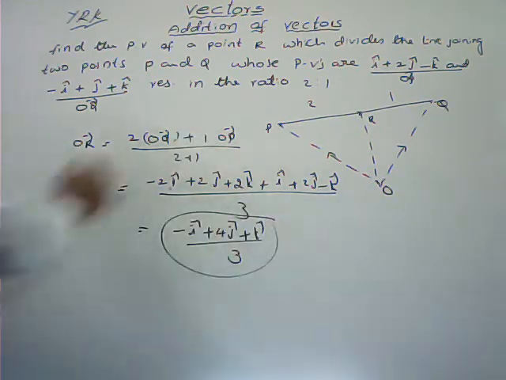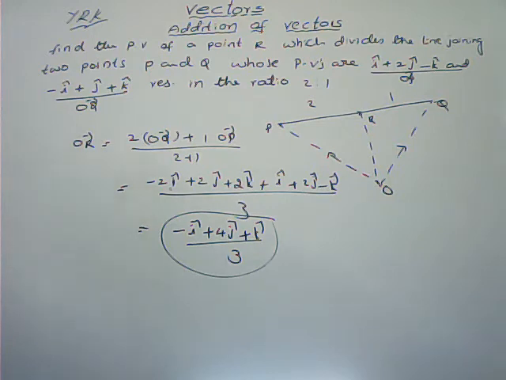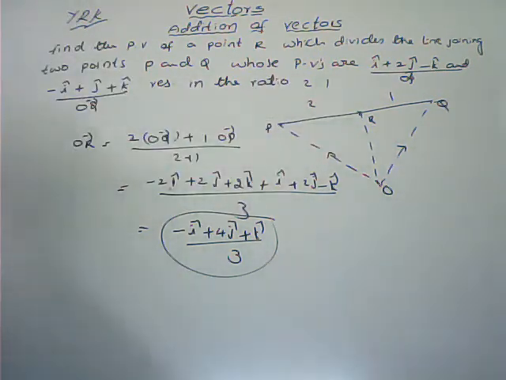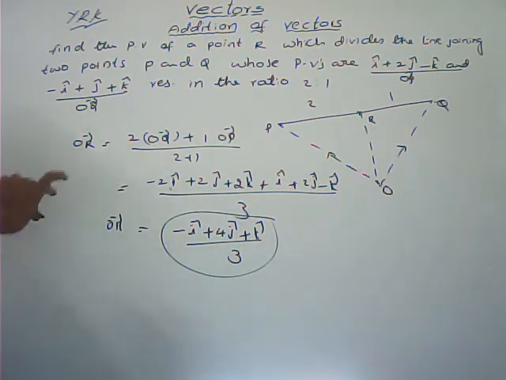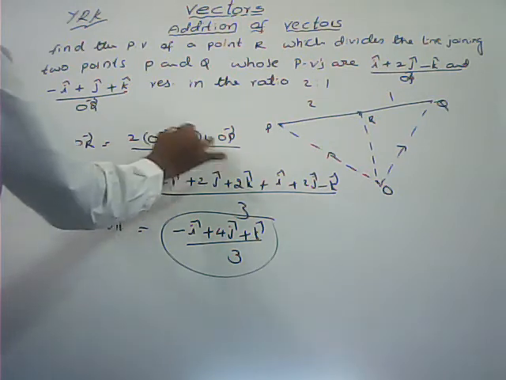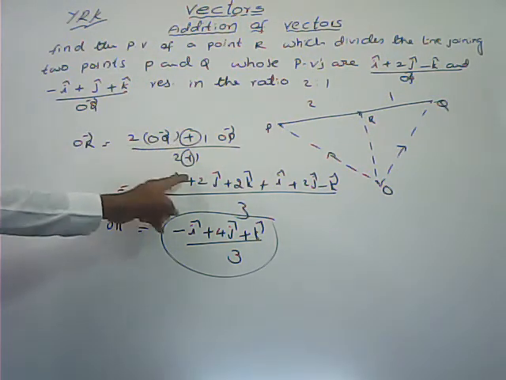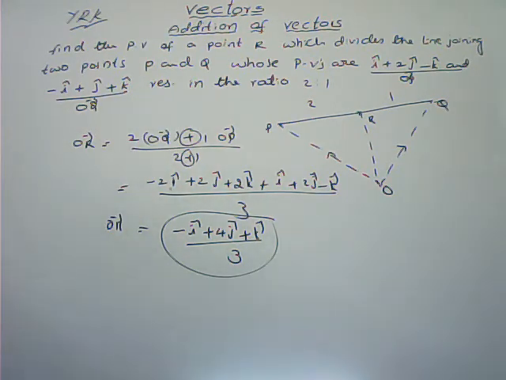This is the vector, that is the point R, or the position vector of the point, OR bar. It divides the line segment joining these 2 points in the ratio 2:1. So this is the OR bar internally. Externally means in this place you can keep minus only. The same thing you can do, but in these 2 places you can keep minus: MB bar minus NA bar by M minus N, and complete the solution.